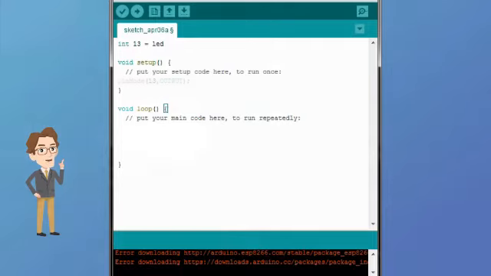And then I will type in void setup: pinMode(13, OUTPUT). That means pin 13 is an output. And now I code void loop: digitalWrite(13, HIGH);